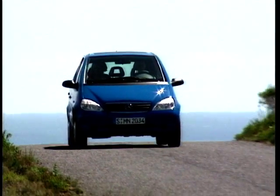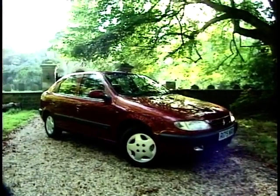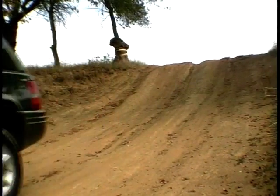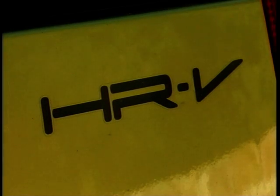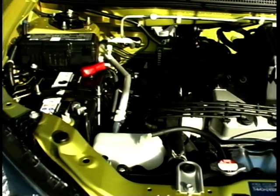Take 2 parts compact city car, add an equal measure of sports utility vehicle, throw in a large pinch of hatchback, estate and 4-wheel drive. Blend well and garnish with plenty of accessories. There you have it, Honda's recipe for creating a brand new concept of vehicle that they hope will send the